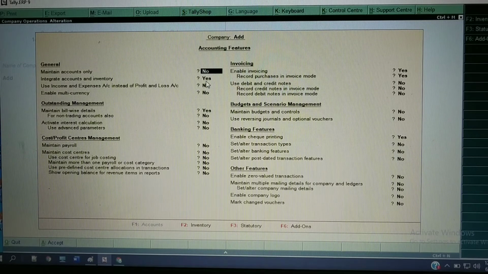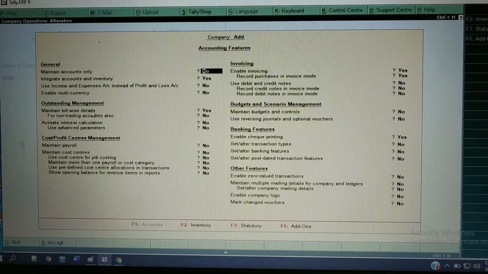This option you need to make Yes. And Use income and expenses accounting instead of profit and loss. This option will always be No, because you are using the profit and loss option in your transactions. This is the default ledger for all companies.